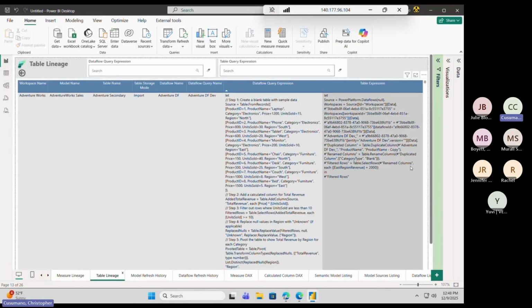Table lineage. This is the one I was talking about, where if you have a data flow and you're trying to figure out what is happening to that table, a lot of times there might be two levels of Power Query steps, where if you really wanted to know where it started, this is a bad example. This isn't a bad example. It is using the data flow, the table lineage, to show you both sets of steps. But this is great to know, where is it a SQL, like the true source,